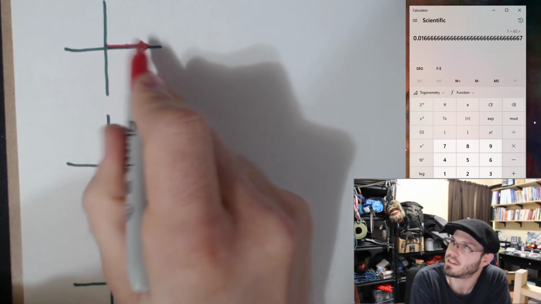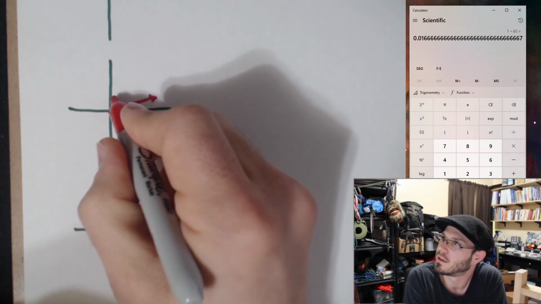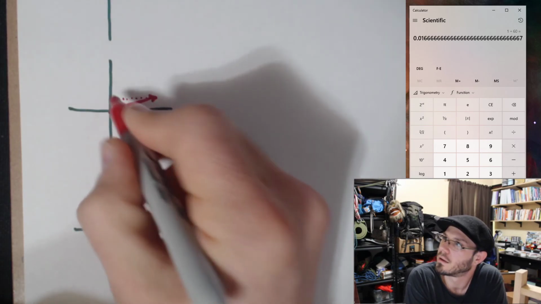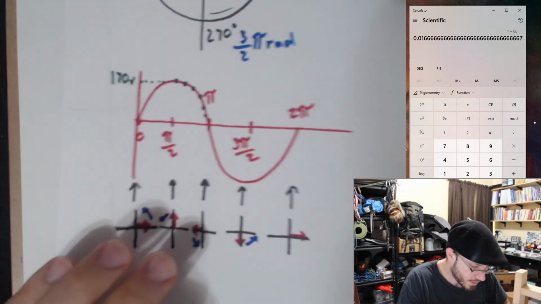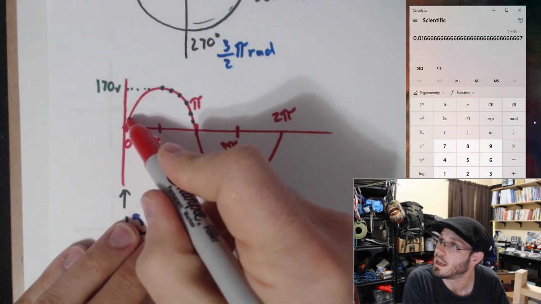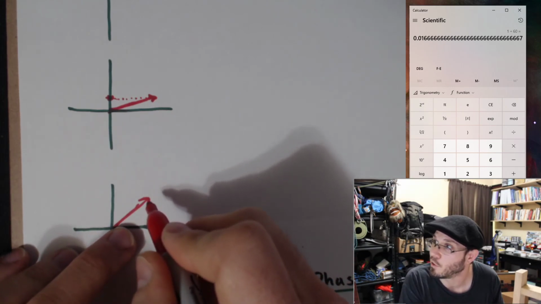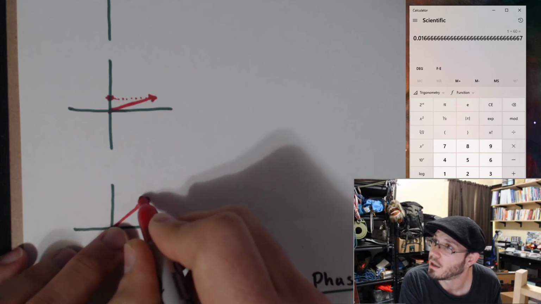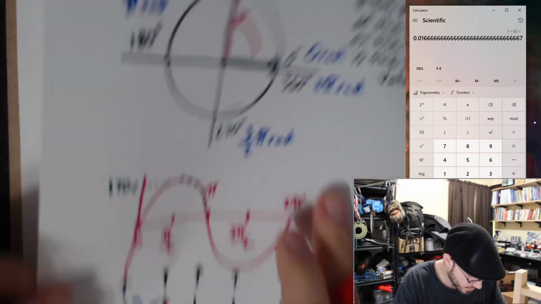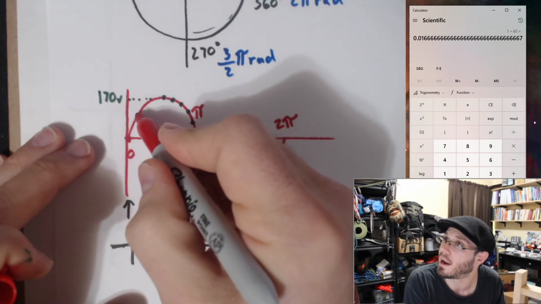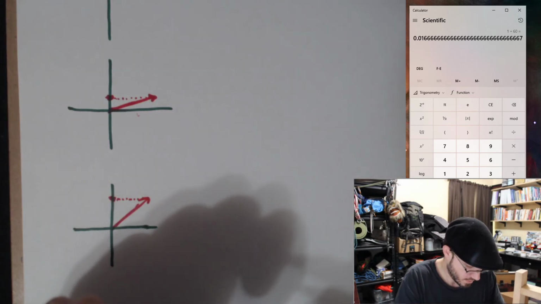Right? So this one, obviously the projection on the y-axis is 0. However, this one is a little larger. Well, that's this point in our sine wave. If we allow that vector to rotate a little more, if the phasor rotates a little more, then now the projection along the y-axis is greater still, and we're roughly around this point until that phasor reaches